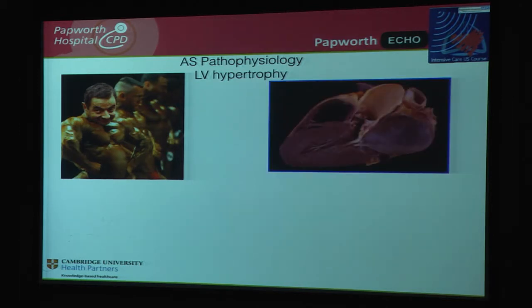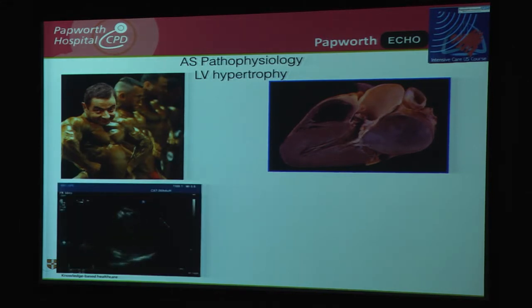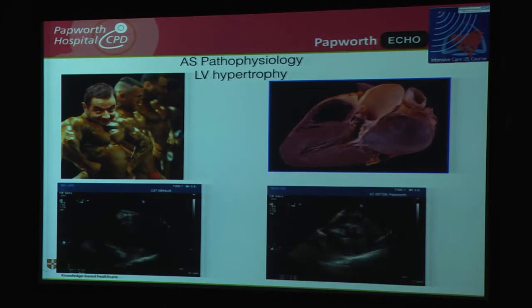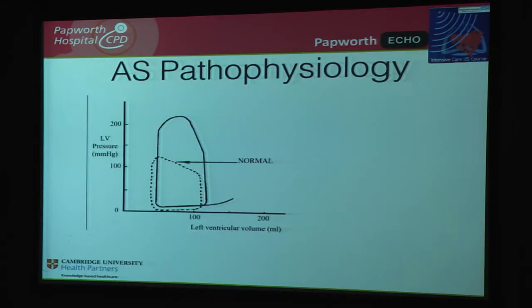And similarly, when the ventricle is faced with a stenotic aortic valve, it hypertrophies as well. So its radius decreases and the wall thickness increases. And this needs to be seen every time you evaluate the aortic valve, by also evaluating the left ventricle. No aortic valve evaluation is complete without evaluating how thick the LV is or how dilated the LV is. Brief note about